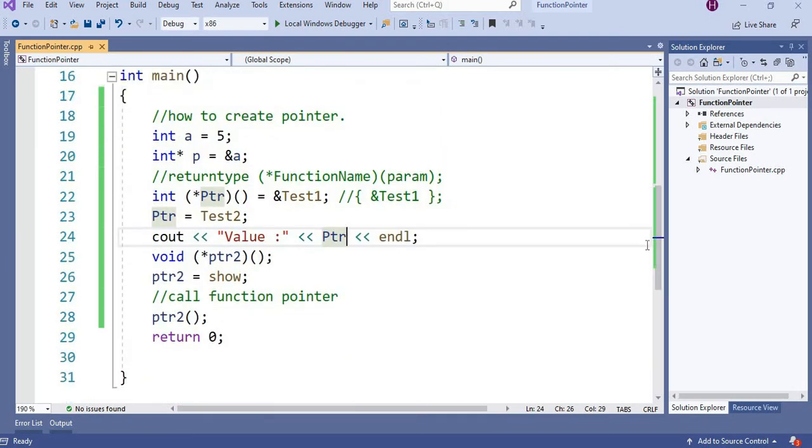Very simple. What is a function pointer? A function pointer is nothing but just like a variable, but it's pointing to the address of a function. And the function name can also be used as an address in case of a function pointer.